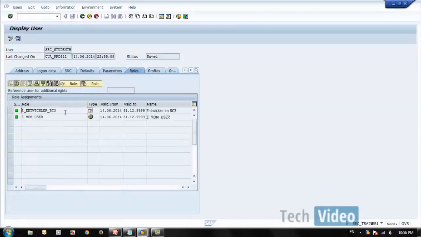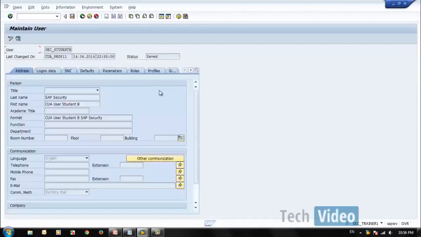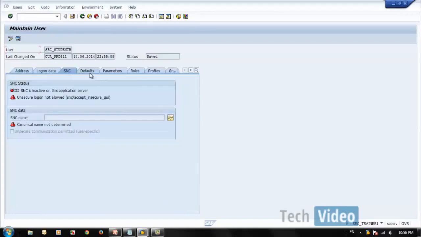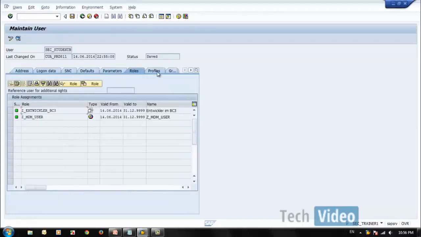If you see the roles, it has only the two roles which we assigned for this specific client. Can we change something here? No. If you go to change mode, it's still all grayed out. You cannot do any changes because it's centrally managed.